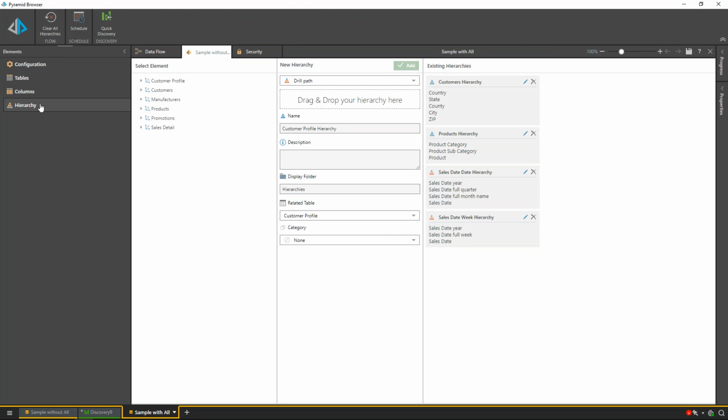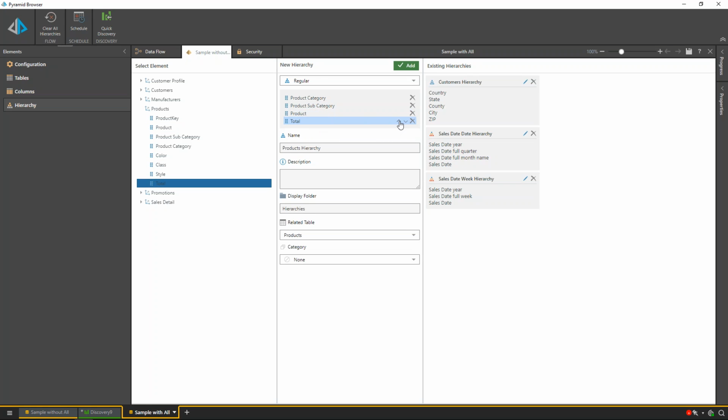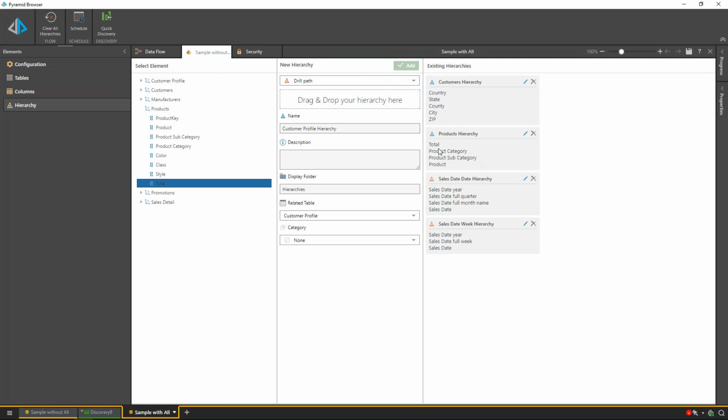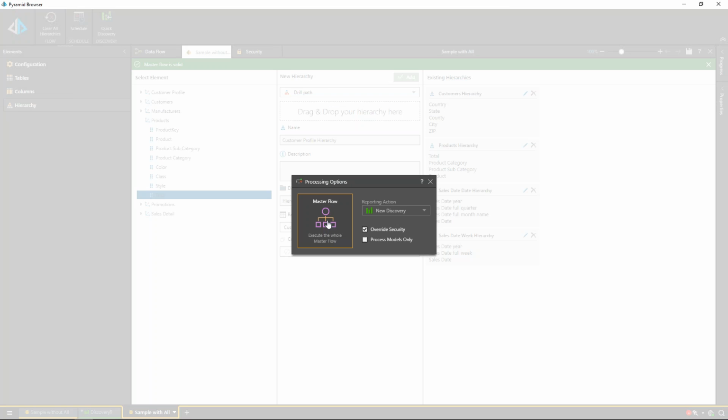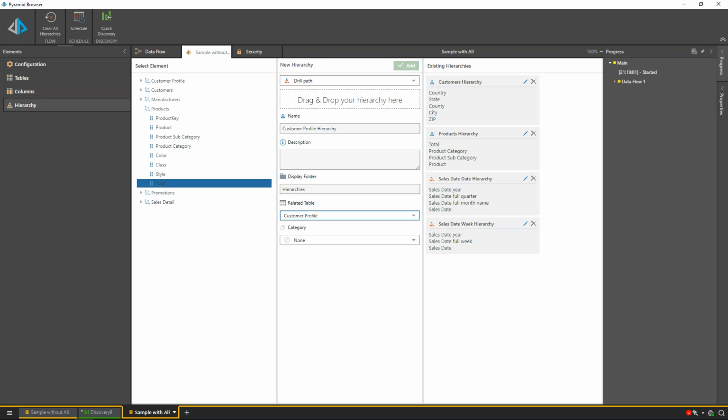When I switch over to the data modeler, I'm going to go to the hierarchy, and what we'll see is we now have this new attribute called Total. I'm going to edit my products hierarchy and add my Total to that hierarchy, and we're going to put that all the way to the top. And let's go ahead and add that back. Now I'm just going to go ahead and process this. And what we'll see when we process this model